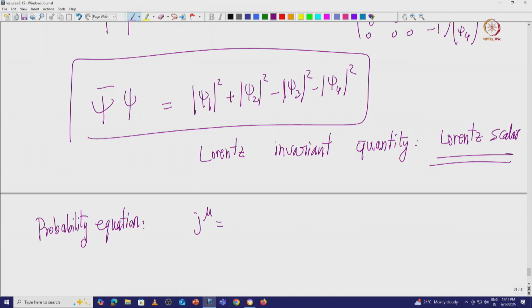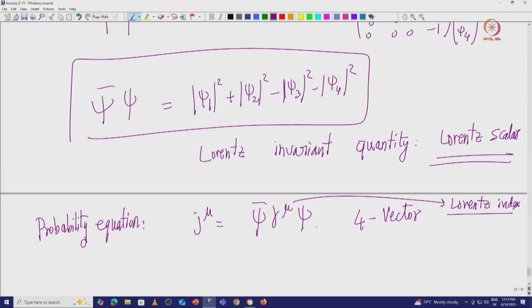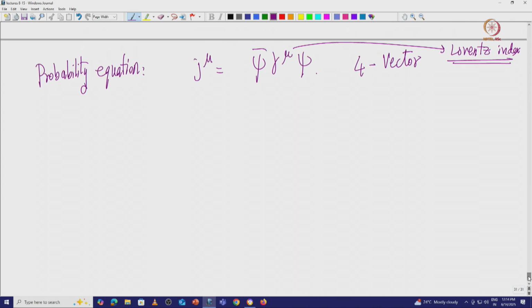J mu is equal to psi bar gamma mu psi. This is a Lorentz 4 vector, and the probability current density conservation is given by this relation essentially,